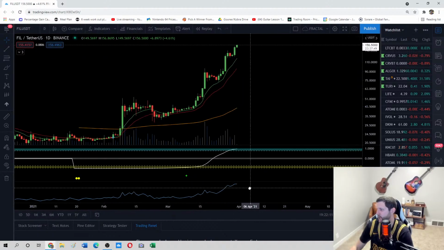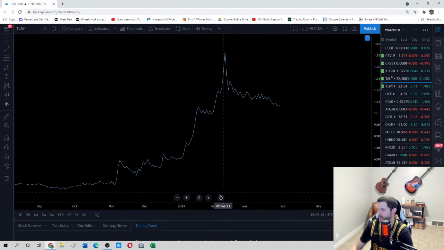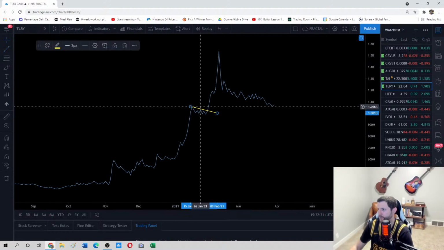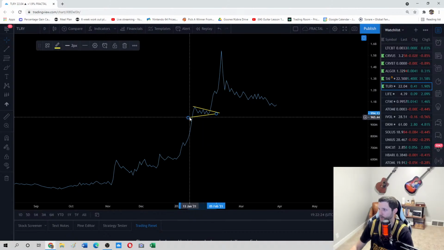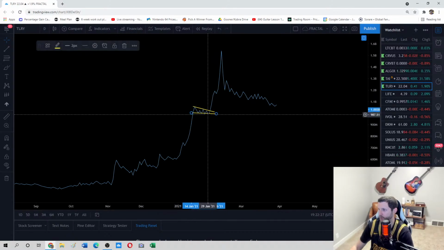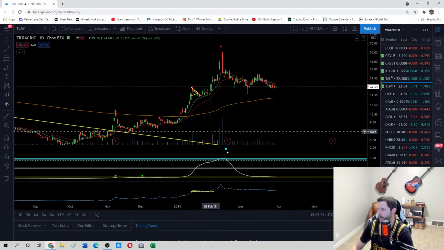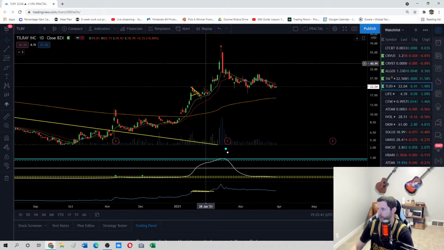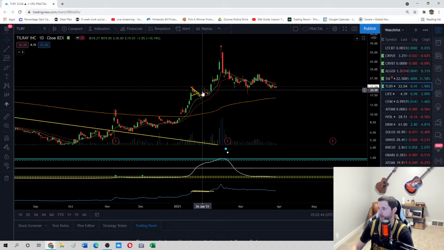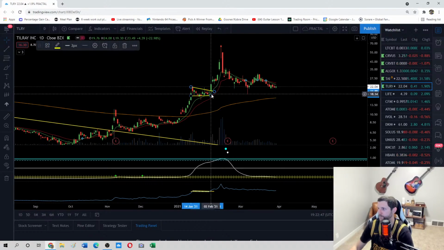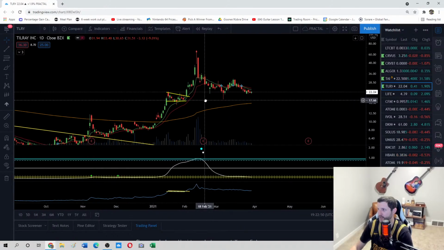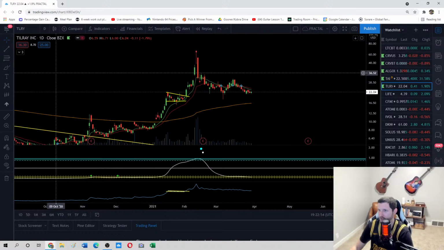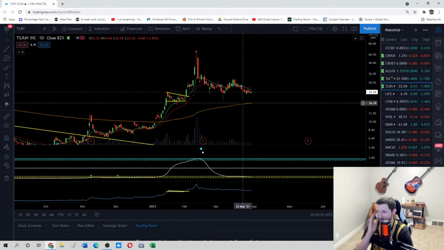So if you have an indicator like your RSI or your OBV that breaks out before price does, like here on Tilray. Okay, so I've got a nice bull flag here. Bull pennant, bull flag, whatever you want to call it. Okay, we're going to call it a bull flag here. On Tilray, it actually broke out right here before price did. So that was a good indication that we would probably break out of this flag on Tilray as well. If you have an indicator that leads price action, that's usually a good sign, especially if it's OBV. If price is still consolidating and OBV already breaks out of its flag, that's really good